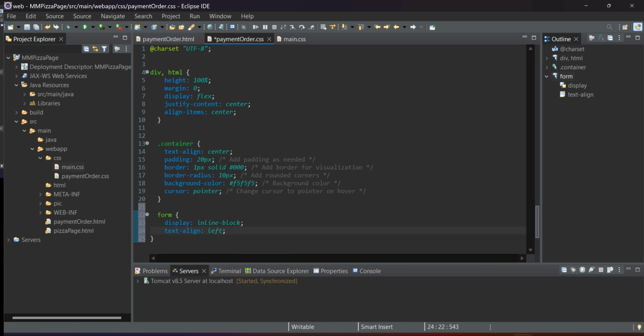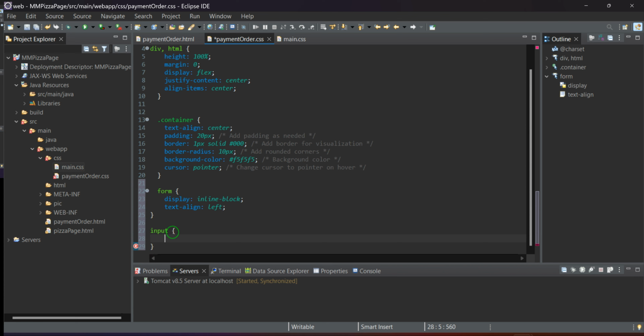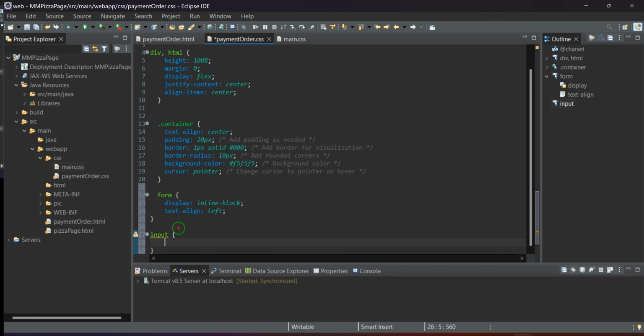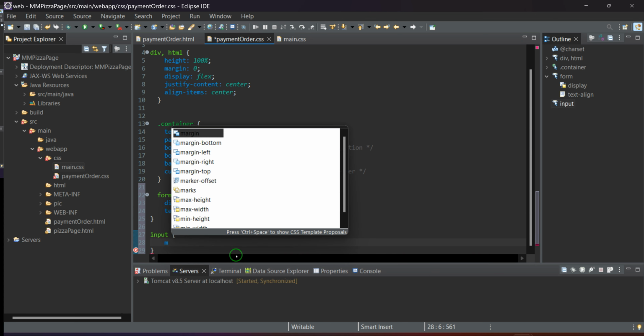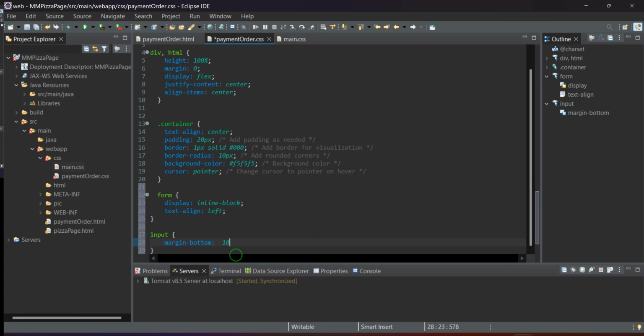But I will do the input. I want to bring some changes to input. Type input and Control-Space to give you the body. I want to do the margin. You could do bottom, right, left, any pixel you want, 10 pixel. So just type px,